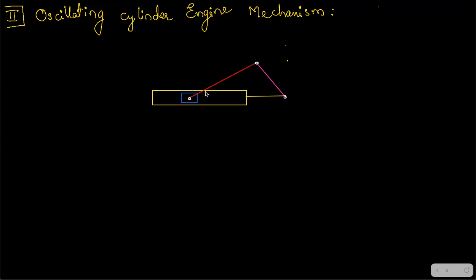So now I need to fix some other link. Which links' joints can rotate 360 degrees? The shortest link's joint can rotate 360 degrees, and which is the shortest link? The pink link is the shortest link. We have to remember one thing, that this pink link is the shortest link. Fine. So now I am going to fix the connecting rod itself, completely fixed, but these joints can rotate. Now what will we say? The joints near the shortest link, it means this joint and this joint, can rotate 360 degrees.